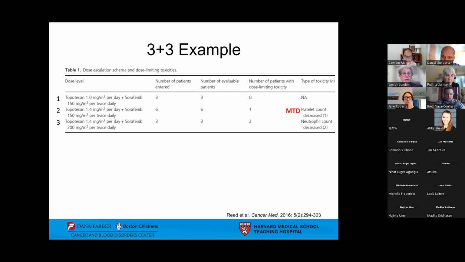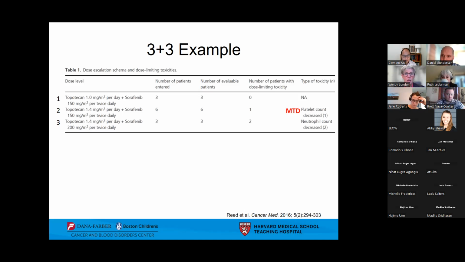So here is a summary table that was published in their paper. Over here are the 3 dose levels, and you can see we began at topotecan at 1 milligram per meter squared and sorafenib at 150. At dose level 2, we escalate topotecan to 1.4, and we keep the sorafenib constant at 150. When we escalate to dose level 3, the topotecan is held constant and the sorafenib is escalated to 200 milligrams